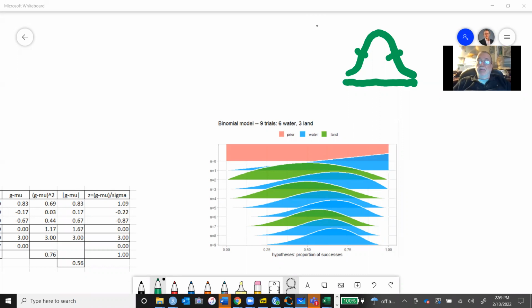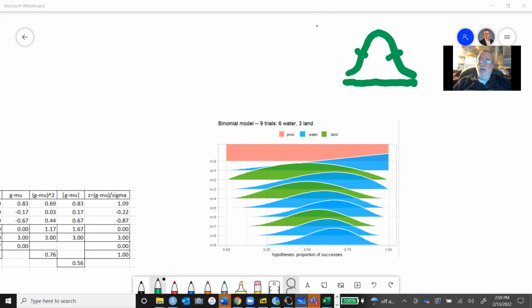We start with a prior. We already went through this process where we get a prior, it's pretty much agnostic. We add some water, we get that straight line, then we add another observation, it's land, and we get that quadratic. And then we do it a third time and we get water. And notice what's beginning to happen. We're getting more shape